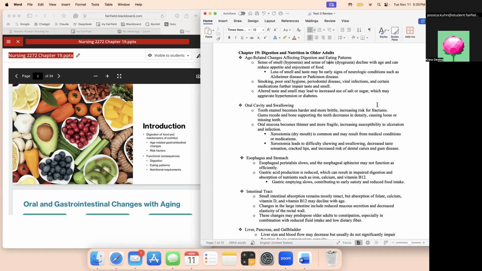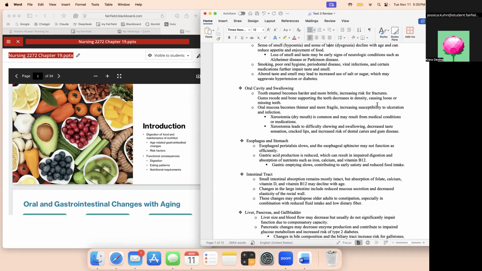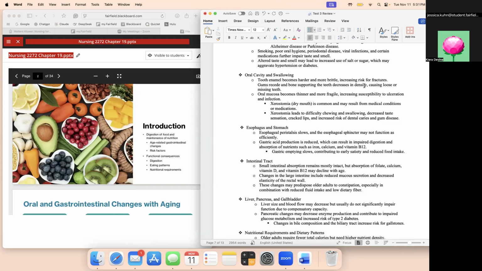Smoking, poor oral hygiene, periodontal disease, viral infections, and certain medications can also impair those senses of taste and smell. These altered tastes and smells may lead to increased use of salt or sugar, which obviously can lead to complications in chronic diseases. Oral cavity and swallowing: tooth enamel becomes harder and more brittle, which increases the risk of fractures